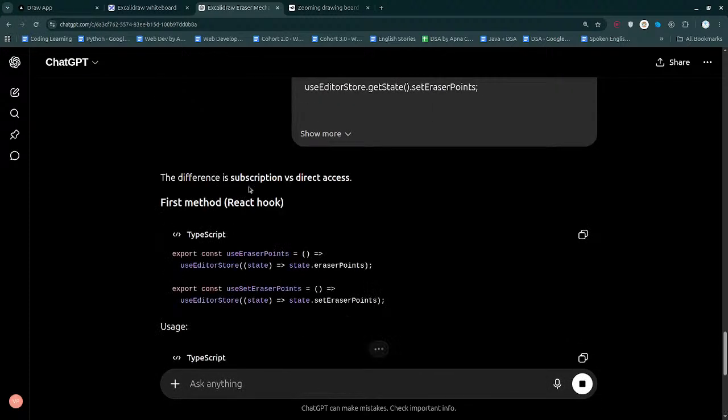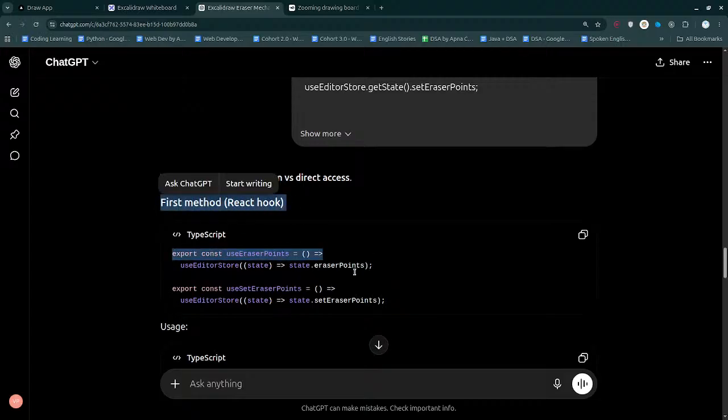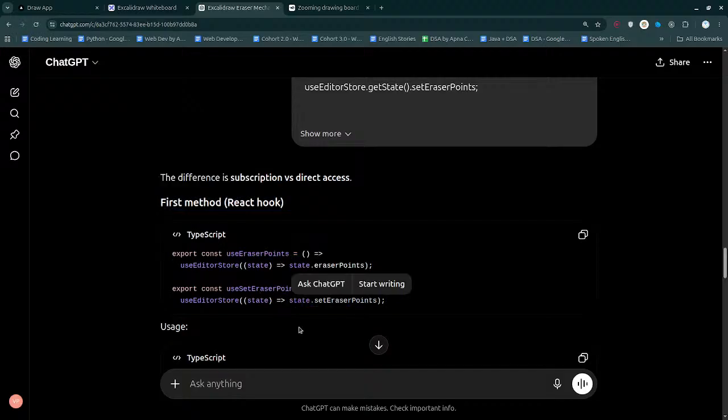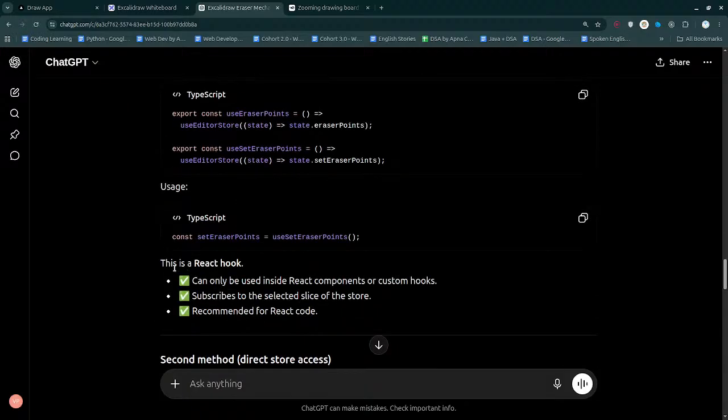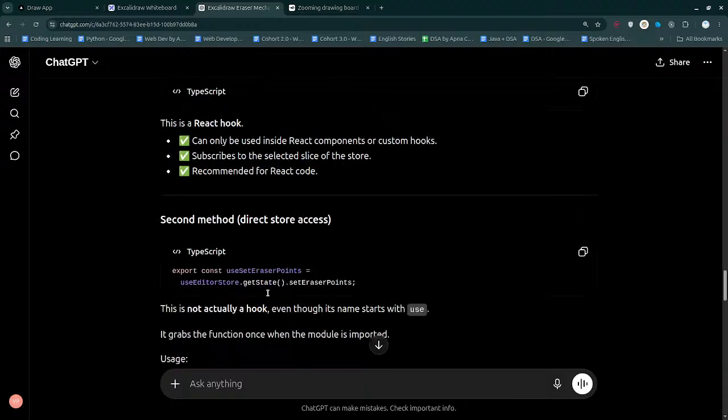The difference is the subscription versus direct access. First method, React hook, that is right, and the second method is this. React hook can only be used inside React components or custom hooks. Subscribe to the selected slice of the shape recommended for React code. Second method, direct store access, so use editor store get access, and this is not actually a hook, even though